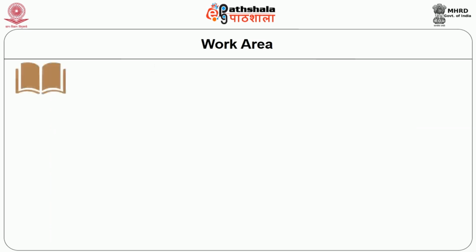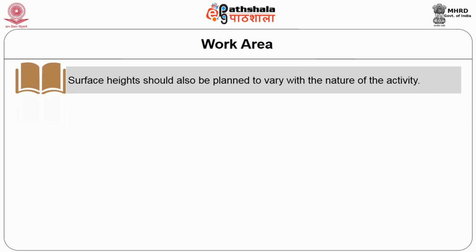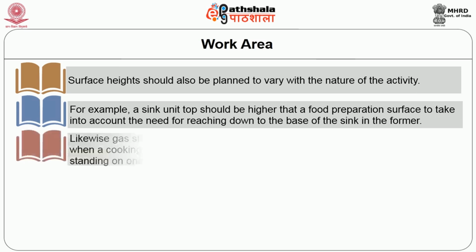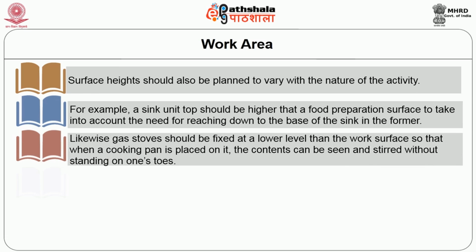The surface height should also be planned to vary with the nature of the activity. For example, a sink unit top should be higher than that of the food preparation area in order to take into account the need for reaching down to the base of the sink. Likewise, gas stoves or cooking ranges are fixed at a lower level than the work surface, so that when a cooking pan is placed on it, the contents can be seen and stirred well without standing on one's toes, which